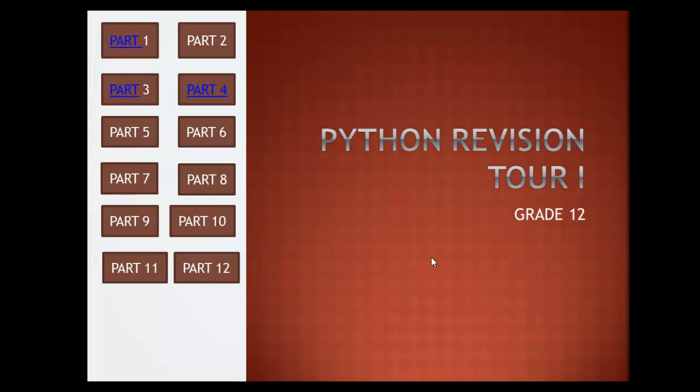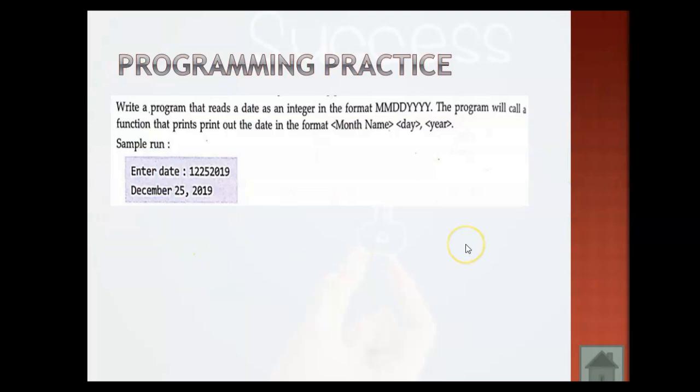Everyone, welcome back to the new session of this Python revision 201. From the last few classes we have been going through the first chapter of this grade 12 CBSE portion. Now we are starting with the last few questions and then we will be done with the unsolved questions given in the chapter. So without wasting our time, let us move to our next question.